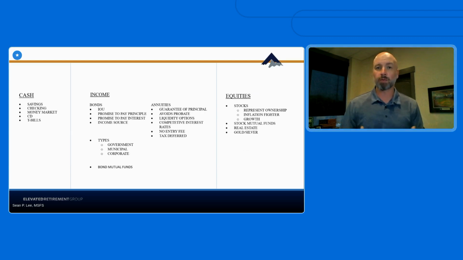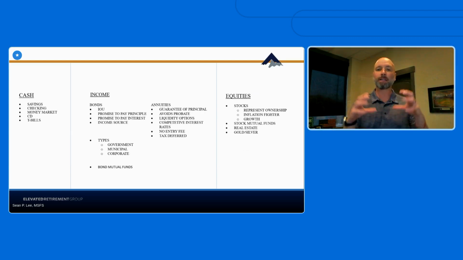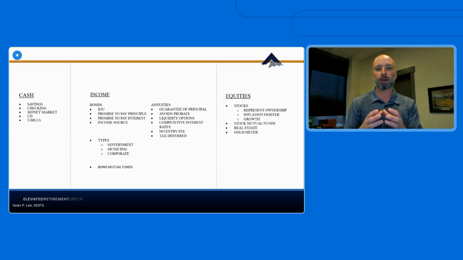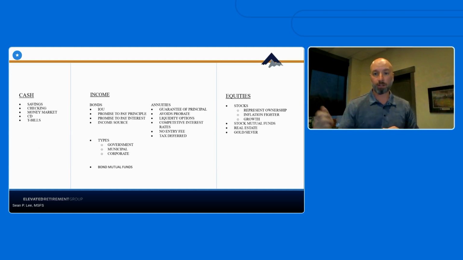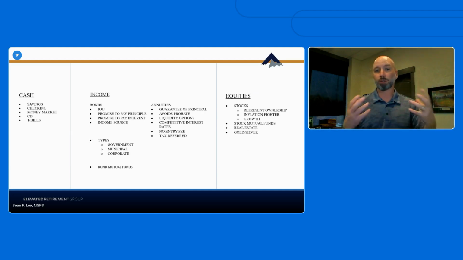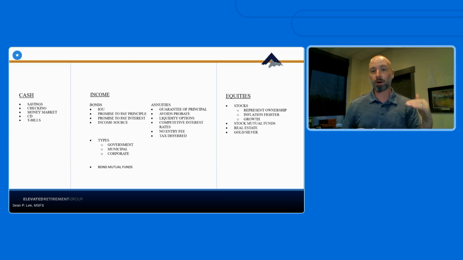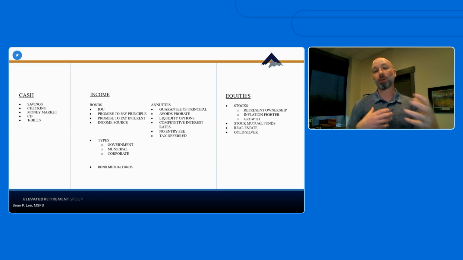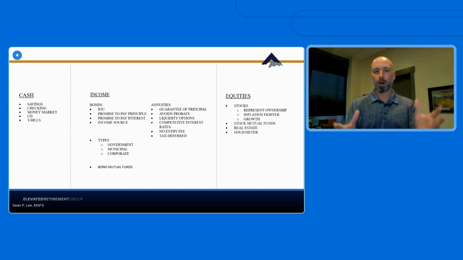So what is a bond mutual fund? All a bond mutual fund is, is a basket or a grouping of a lot of different government bonds or corporate bonds or municipal bonds, all packaged together, professionally managed. So you don't have to decide which bonds to buy or sell. Bond mutual funds are store-bought. You can go out and buy the bond fund, and you really don't have to worry about the management of it. You pay some fees there, but somebody else is managing it, and it's really simple to do and allows you to get some diversification through all these various areas.